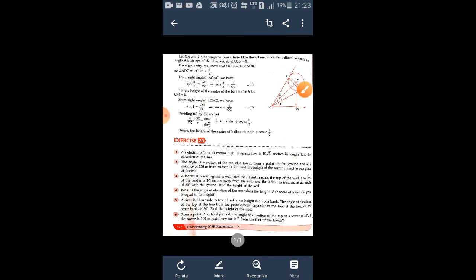Next we move on to the sum number 4, where they're saying, what is the angle of elevation of the sun when the length of the shadow of a vertical pole is equal to its height. Okay, so this is a pole, this is the shadow, both of them are equal. Okay, and we don't know both, so I will take it as x and x. Yes, and they are asking us the angle of elevation. Yes, they are asking us this theta. They are saying that height of the pole is equal to length of the shadow. So we will write again perpendicular and base is involved.